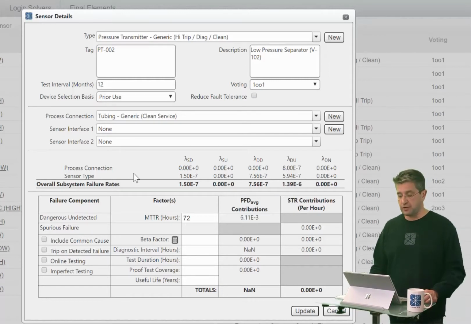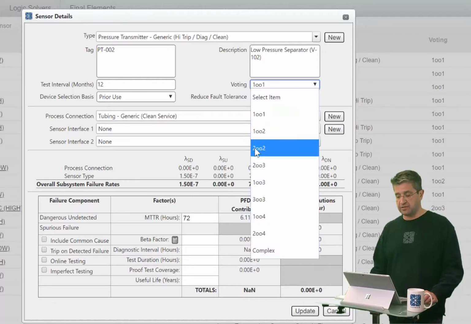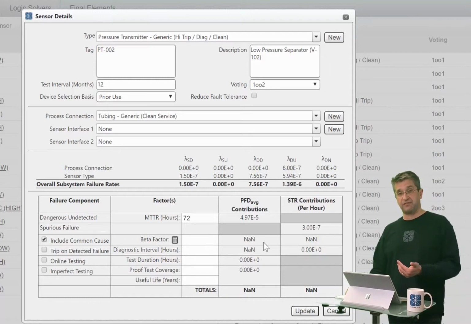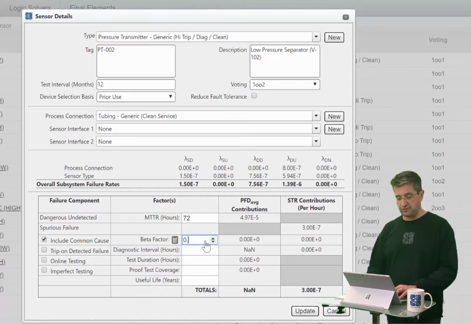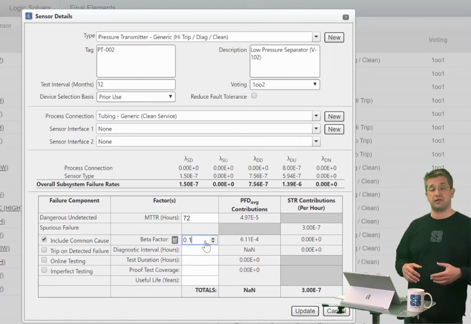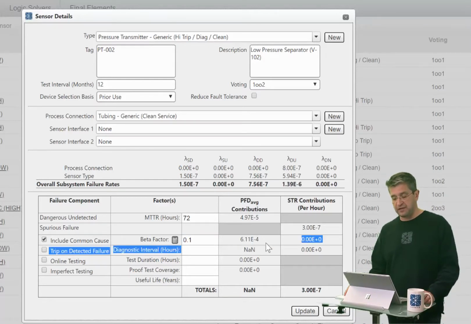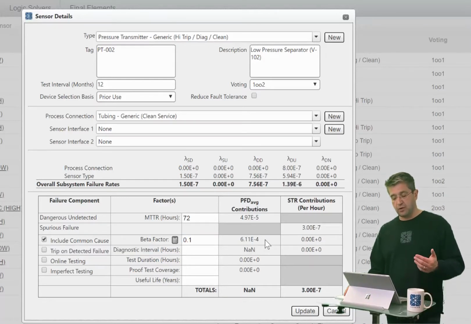to a safe failure. So a 1 out of 1 voting arrangement is not going to have any common cause associated with it. But let's say we had a 1 out of 2 voting arrangement, then we could click on the Include Common Cause button and it would begin to try to evaluate common cause failures. But it's not calculating anything yet because I need to insert a beta factor. So a beta factor of 10% or 0.1 is common, and you see as soon as I put the beta factor in, it calculates the PFD contribution associated with common cause failures, both for the PFD and the spurious trip